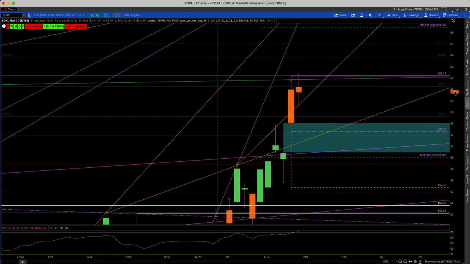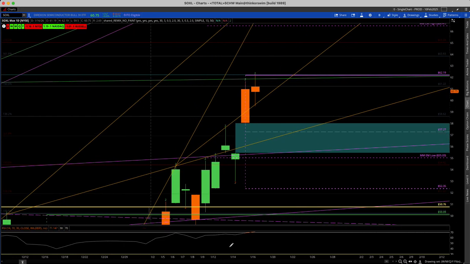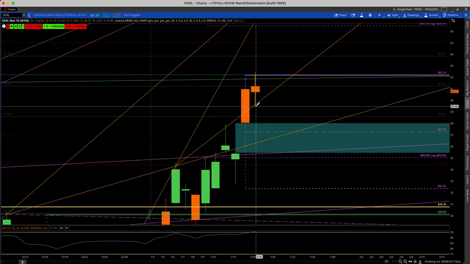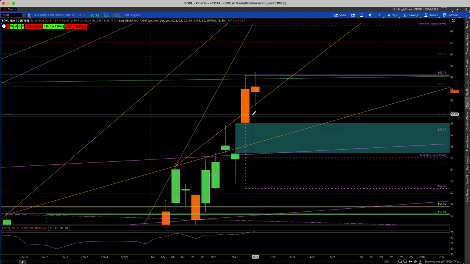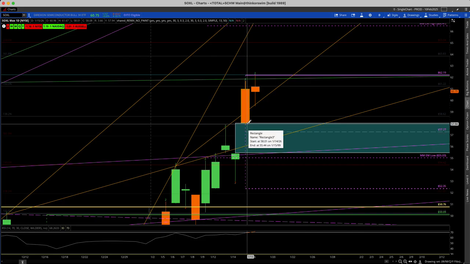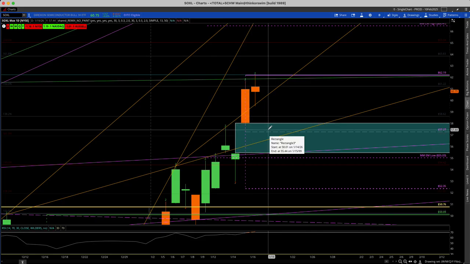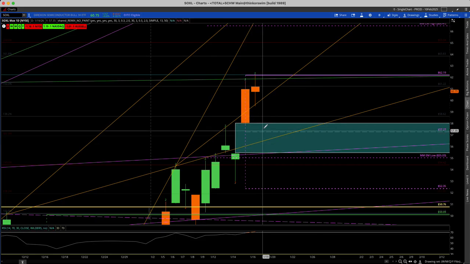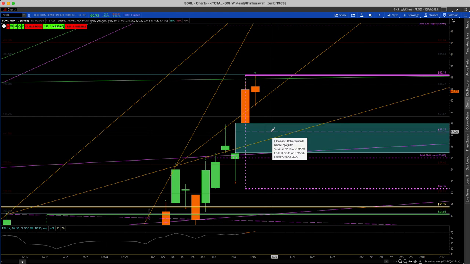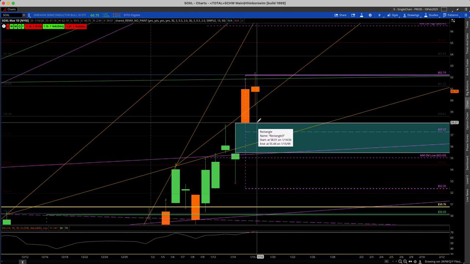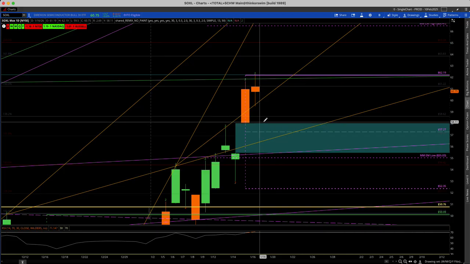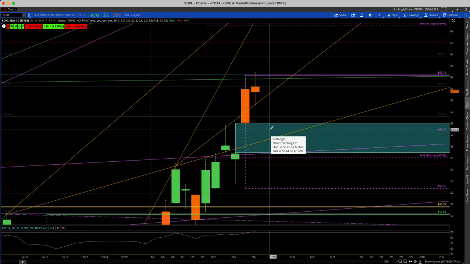So if we get action to the downside, that does trigger a 2 up, 2 down reversal. Obviously, entry would be at the low of the 2, the low of this 2 up here from Friday, and the exit would be the low of Thursday's price action. That does present us with an opportunity for a gap fill as well, and the retest of last week's 50%. So if you wanted to, scale out a part of your position there to lock in some profits, especially if we've got some momentum, or if we're going sideways, looking like some bear flag type of action, you could also set yourself up